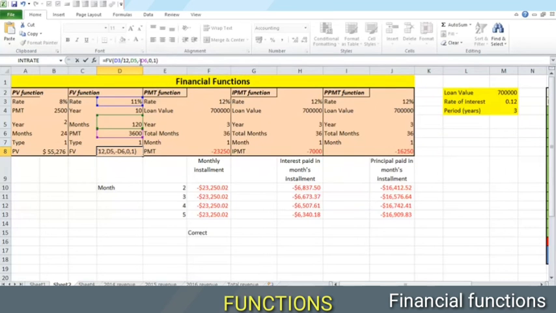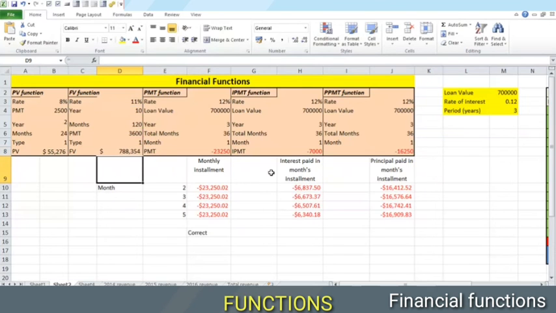You must have certainly noticed this minus sign in both formulas. That is because D6 here is representing this value. This is the payment. Payments are to be considered negative in Excel. These are negative values. Hence, though we have not added a minus sign in this input, we must add it here. That will then get us the correct result. Or else we may add a minus here in the payment.